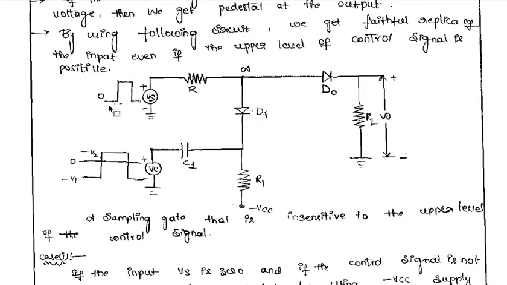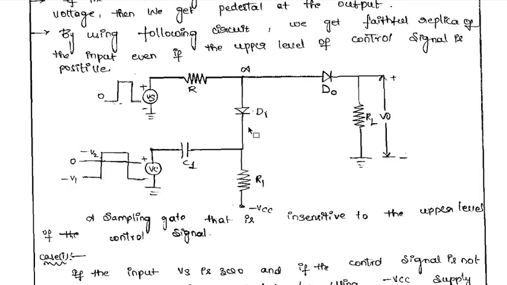What does it mean? Whenever your input signal from the source, Vs, is 0 and there is no control signal, that means it is also 0, then your diode D1 is in the on condition and it will be taking the supply from the minus VCC. It will be taking from this particular point, so that it makes your diode D1 be in the on condition. Now the resultant voltage at this particular point A is what? It will be positive or negative? Of course it will be negative. So we are taking the below 0 value, that is minus V1 value.